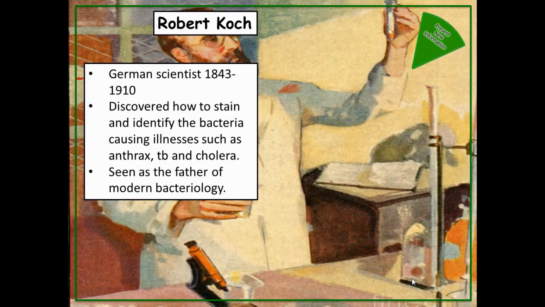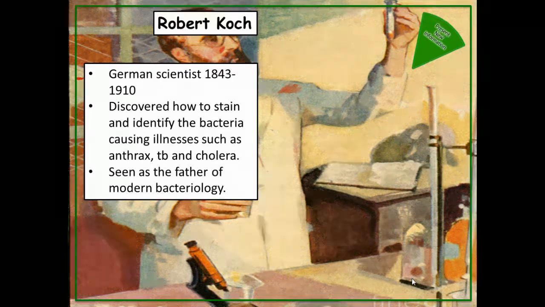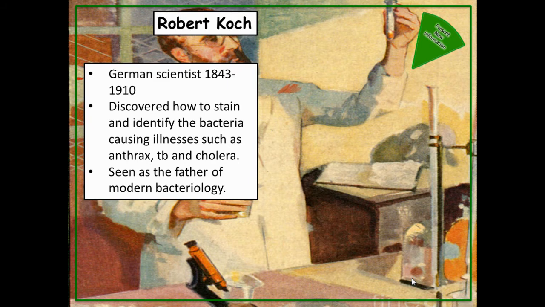At a similar time to Pasteur, there was a German scientist called Robert Koch working. They were competing against each other because there was a conflict going on called the Franco-Prussian War. And both men's countries wanted to fund their research so that they could make quick discoveries on germs so that they could be more successful within the war.